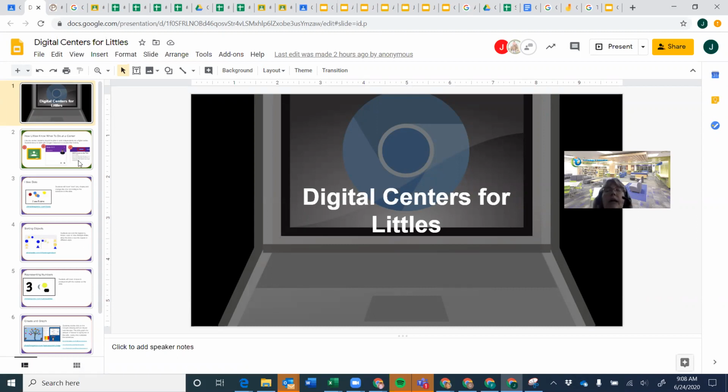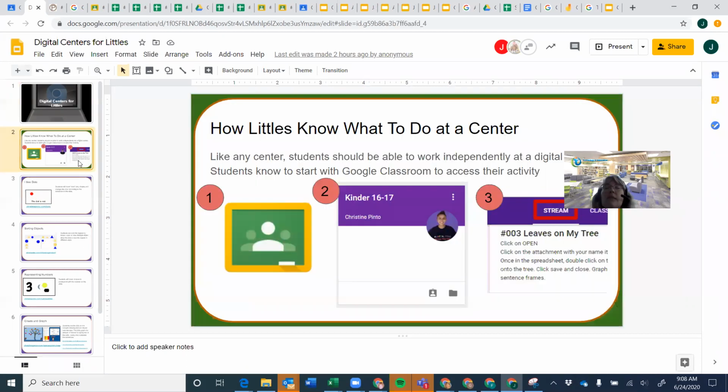We're thinking about what we do when we're face to face in the classroom, but also what we do if we end up being remote. A digital center is something that we can use in both scenarios. She's so awesome. And I want you to notice